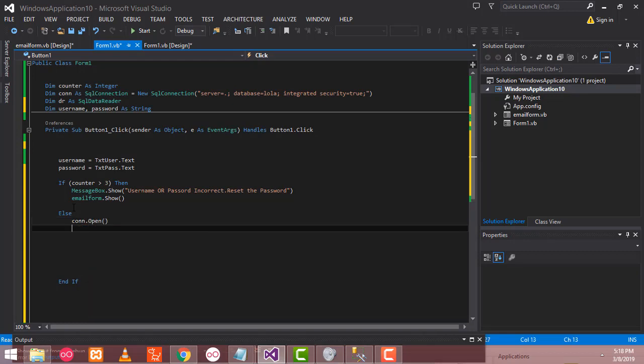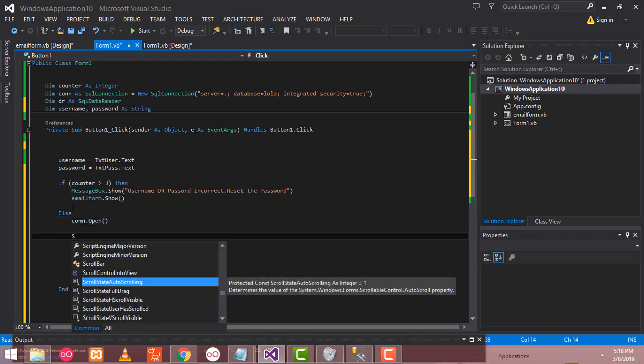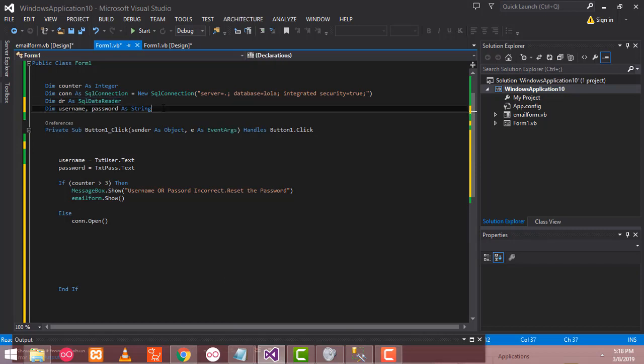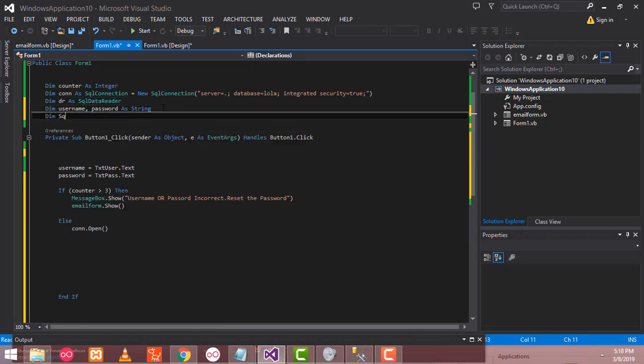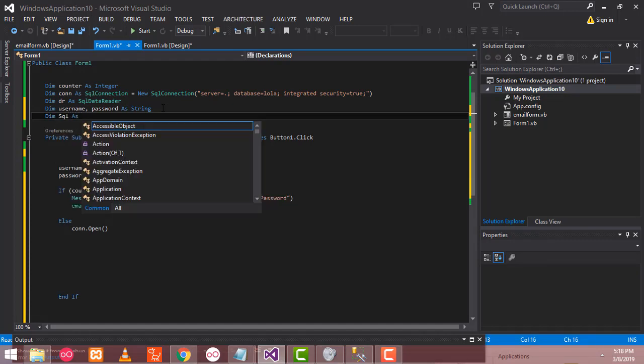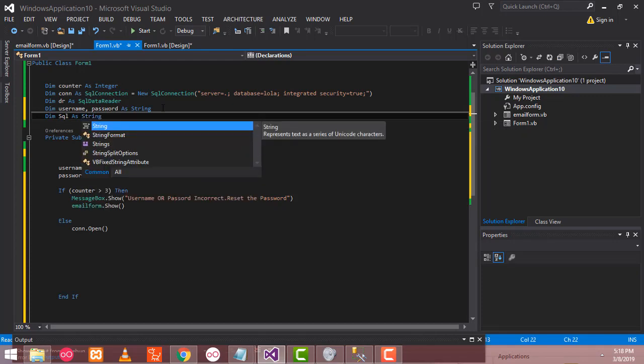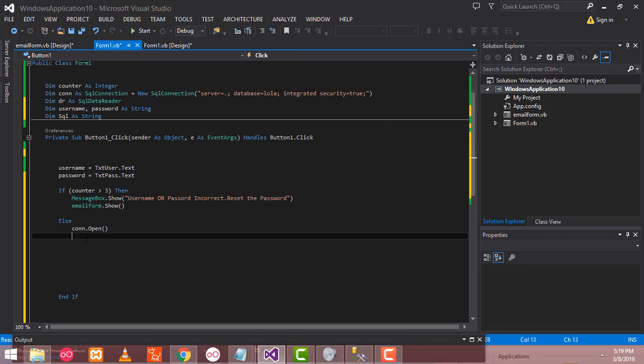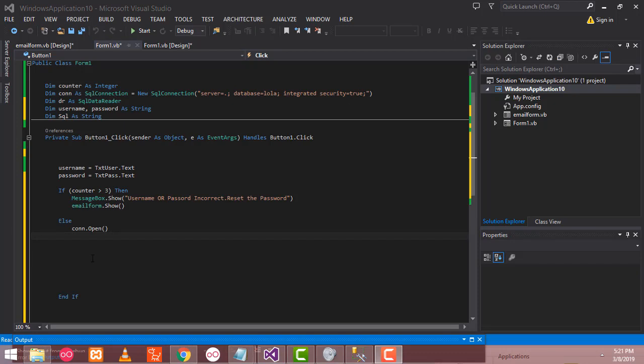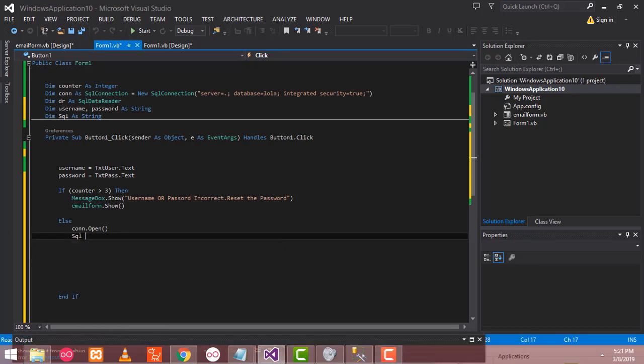Open the connection first. Here we have to create the variable above. Here we have to create it as Dim SQL as String. Right, now I am going to check whether the username and password match or not. Here we are going to get the variable, SQL equals, we have to write the query to check whether the username and password match or not. Select all from, what's the table name? Login is the table name, where